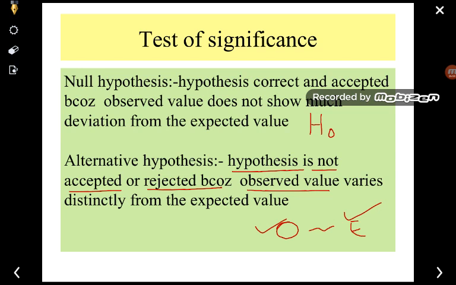So we can say that the hypothesis can be tested, or when we test the significance, we have to consider both hypotheses, whether the expected value is equal to the observed value. If the expected value is not equal to it, or is not nearby, then the hypothesis is considered to be rejected.